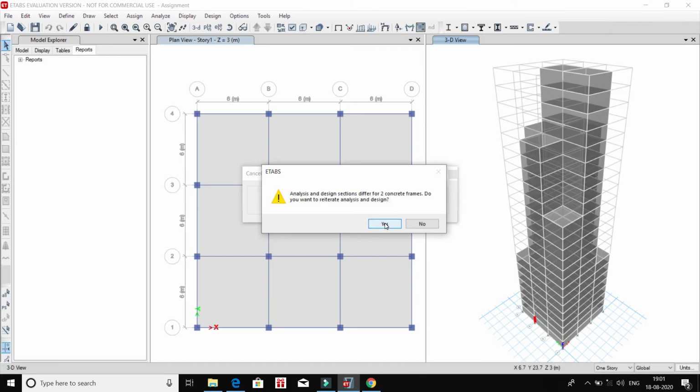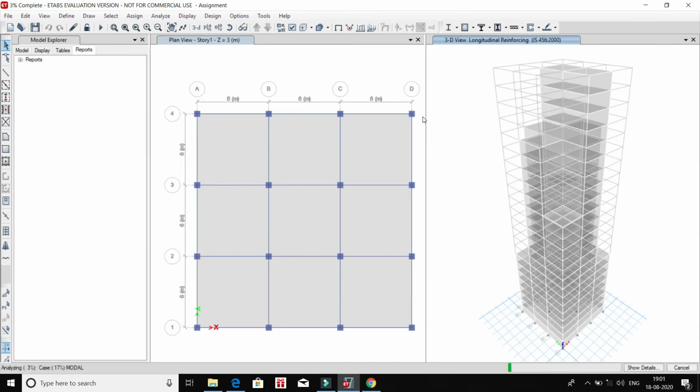As you can see, some concrete frames have failed. Click on OK again to change this section from our concrete list, which we have created from beams and columns.